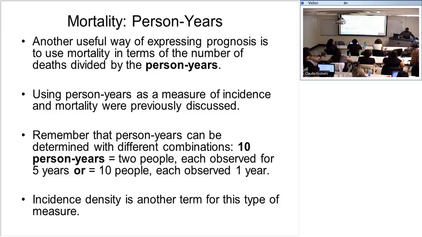An example that I was giving: if 2 people have a disease and each of them lives for, let's say, 5 years, then the total number of years is 10 person-years, because 2 people living for 5 years is 5 plus another 5 years. In the same way, if 5 people live 2 years each, the person-years become 10 person-years. Indeed, apart from years, we can have person-months, person-weeks, or even person-hours, if we wish to do that.